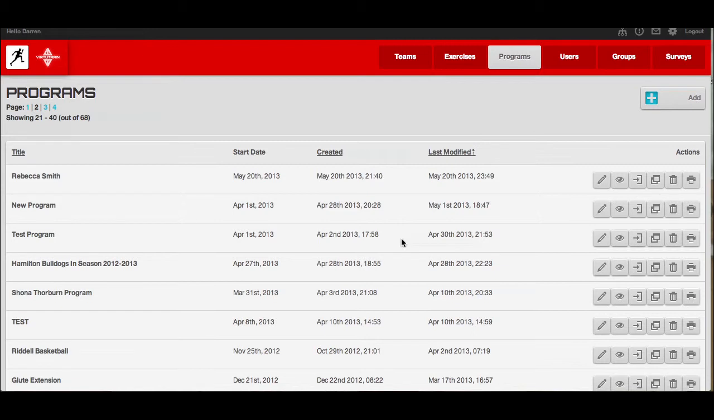So we're going to show you the basics on how to make a program in VirtuTrain. Once you click on the Program tab, you'll see a page here, and if you don't have any programs built already, then this will just be blank. First thing you need to do is hit the Add a Program button,